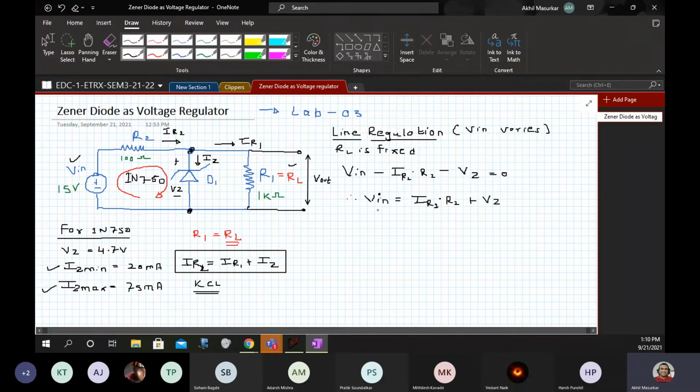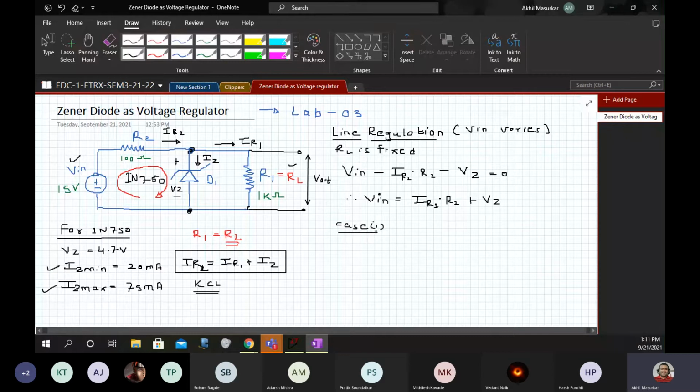Now if my Vin changes, my IR2 is also going to change. But what is the value of IR2? IR2 is IR1 plus IZ. So let's write like this. Case 1.